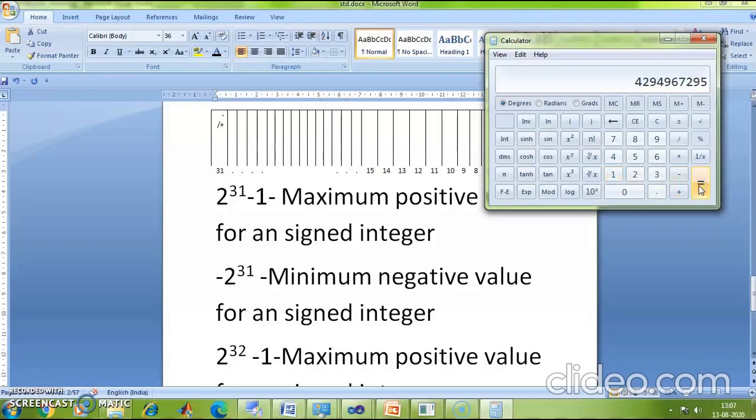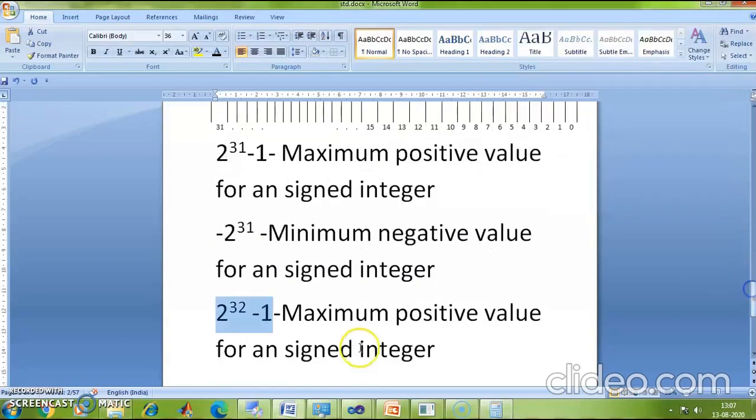So this is the maximum number that you can assign to an unsigned integer variable. So the maximum positive value that can be assigned to an unsigned integer is 2 raised to 32 minus 1. What is the minimum positive value that you can assign to an unsigned integer? The minimum positive value is 0.